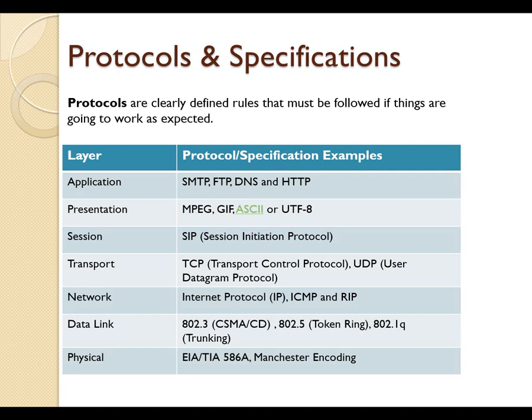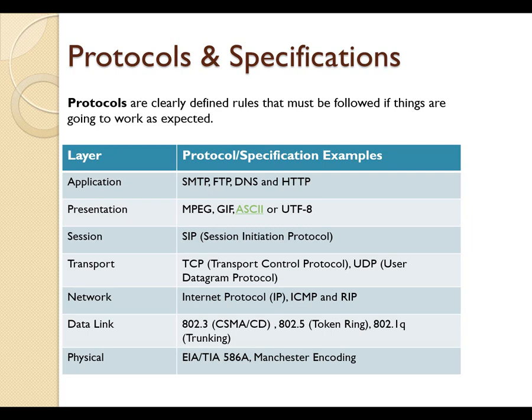Then there's Manchester encoding. That again is a physical layer. How do I take the data from inside the computer, which is digital, and convert it into a signal to put out on a wire? I use Manchester encoding, and I define certain voltages to represent a 0 and certain voltages or changes in voltage to define a 1. Okay, and that's